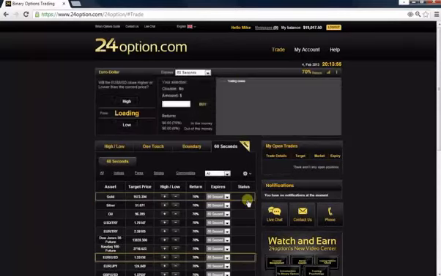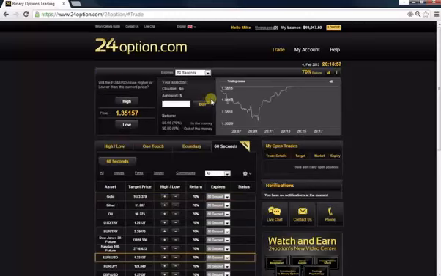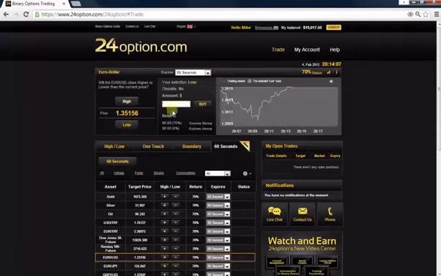So we're going to go here to the Euro US dollar. We're going to click it, and take a look at what's been going on for the last few minutes. It's gone down, it's gone up here. So we're going to go with low, so puts. Now the minimum requirement for 24options, the minimum investment is $25, which is higher than other options